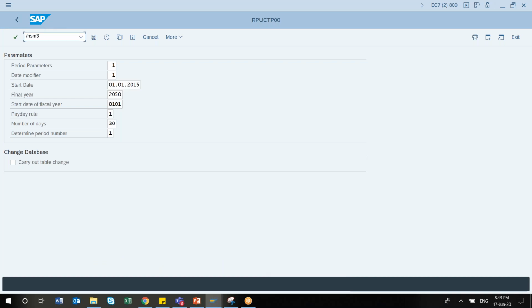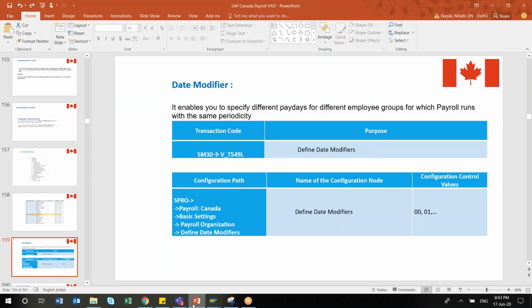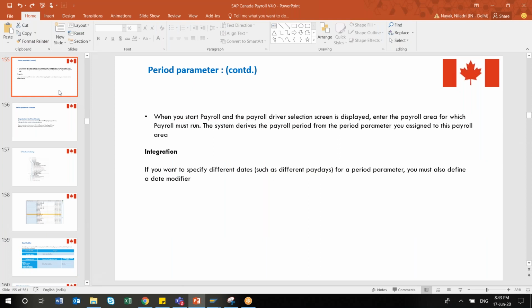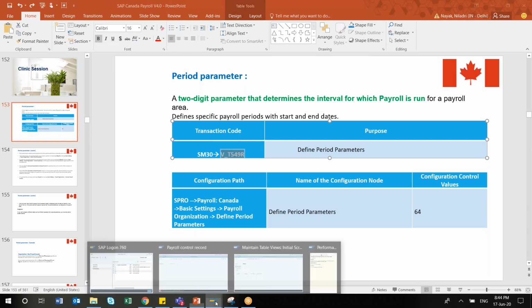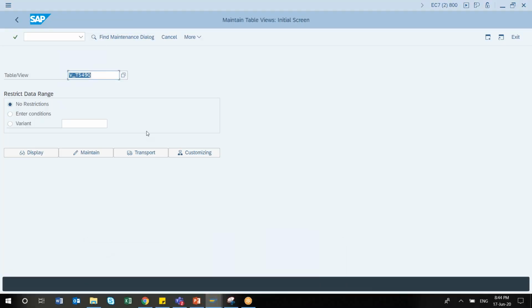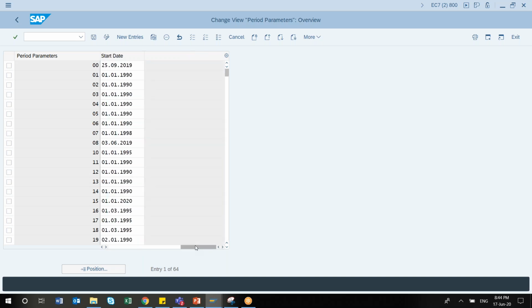If you go to SM30 and access that particular table, for period parameter the table name is T549R. Directly you can go to that table and simply maintain it. You will reach the same node directly instead of going through SPRO.